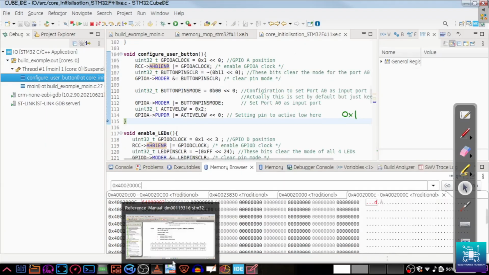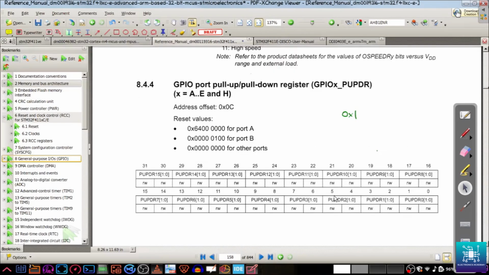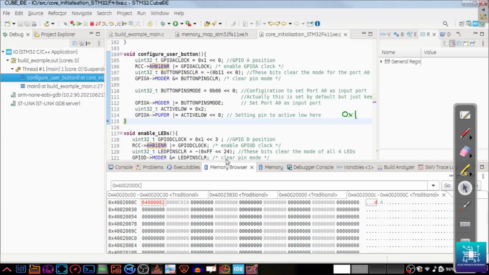Mind it, we left out one step because we don't need it because it's 0 by default. Okay. There are some more steps which are 0 by default. For example, here the button's mode is 0 by default. Configuration set to port 0 as input port. Actually, this is set by default. Okay, 00. So you might leave this configuration as is also. Okay, this line can also be left out. But nevertheless, we did it. Pull up, pull down also we did here, but this doesn't have any effect. When you work on it, don't touch this line. I've just written the code here to show you it works fine, but then